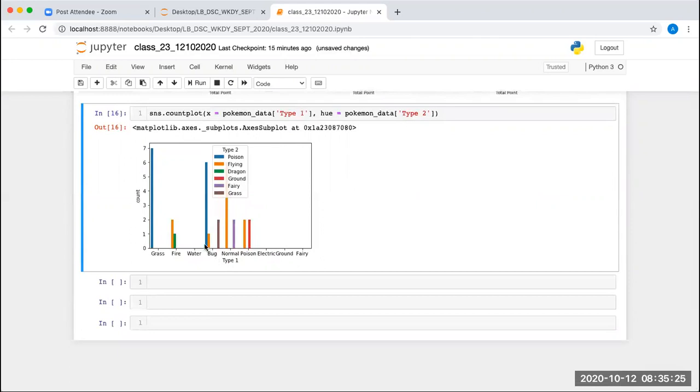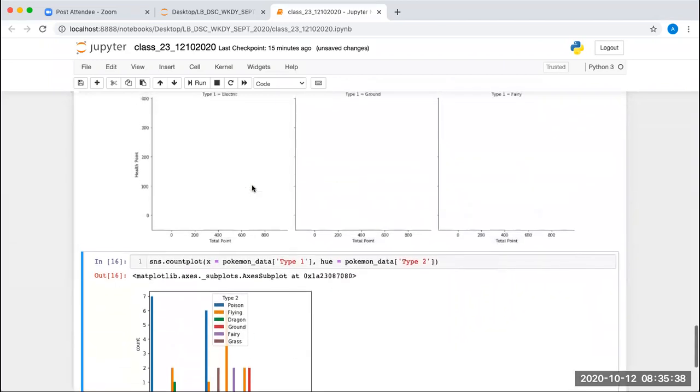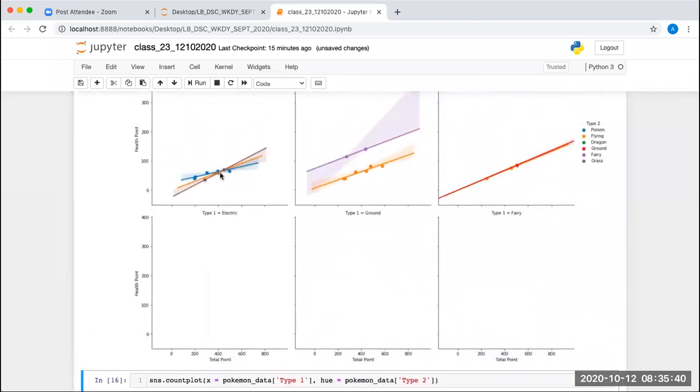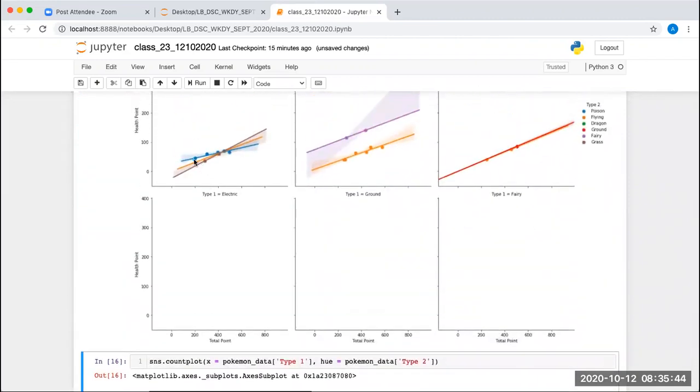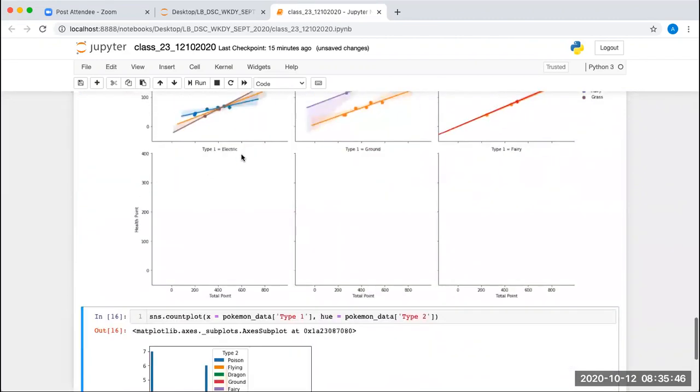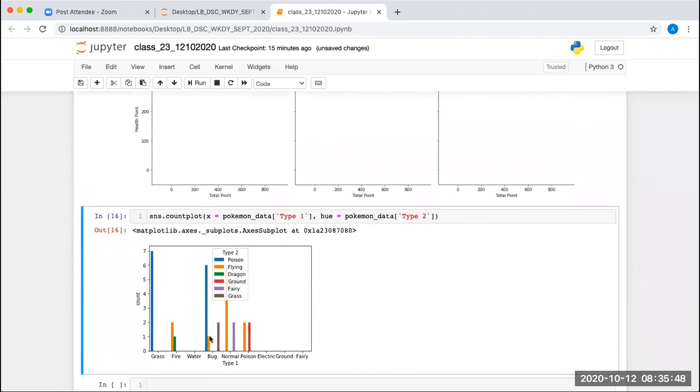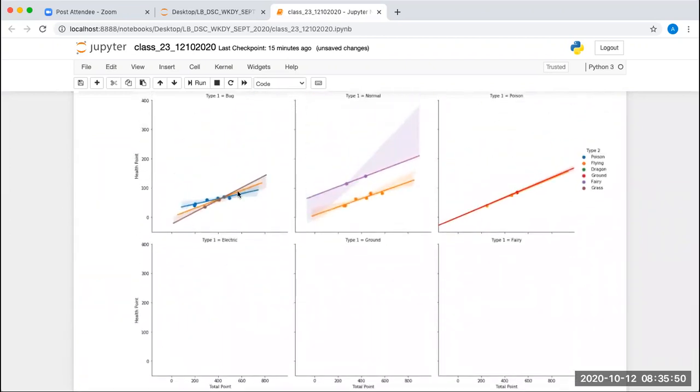So this is one poison, which we have around 6 values. We have flying, which we have around 1 value, and we have grass, which we have around 2 values. Clear? So if you'll see 2 data points for grass, if you'll see poison, which is 6. If you'll count these data points, 1, 2, 3, 4, 5, 6, and for flying, you have only 1 value. So this is coming here somewhere. It will be lying here, so it is not visible.